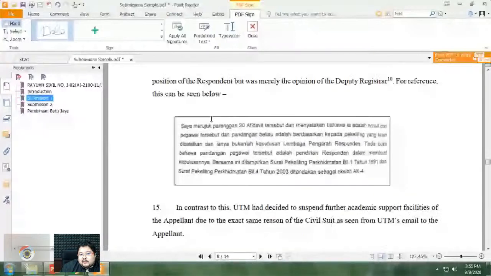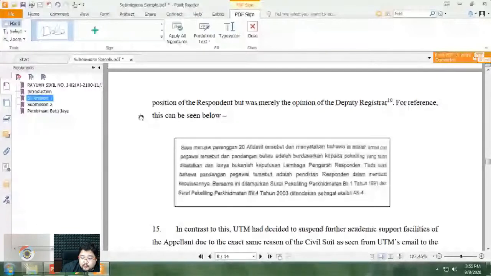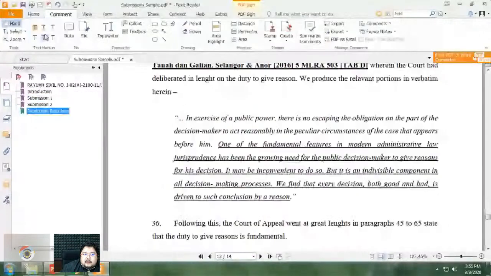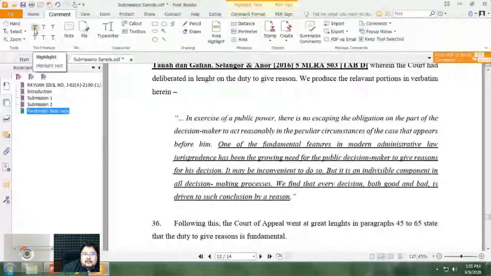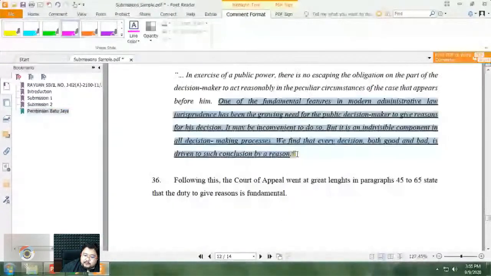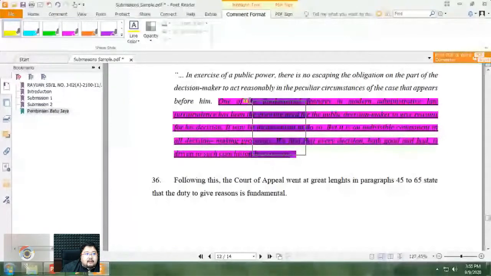So the next thing is something that you probably want to insert maybe before or during the hearing itself, which is to use annotations. Okay, so somewhere in Pembinaan Batu Jaya, this is very important. You want to make it as bright as possible. Okay, so go to comment, go to highlight up here. Set your color. I'll use pink, my favorite color. Boom. Okay, maybe not suitable. It's hard to read. All right, let's make it yellow or red.